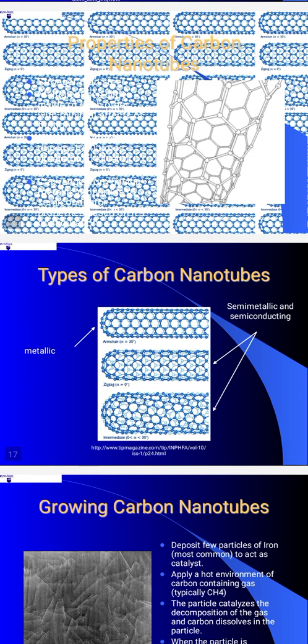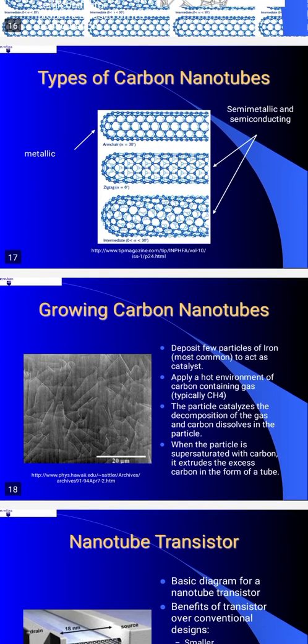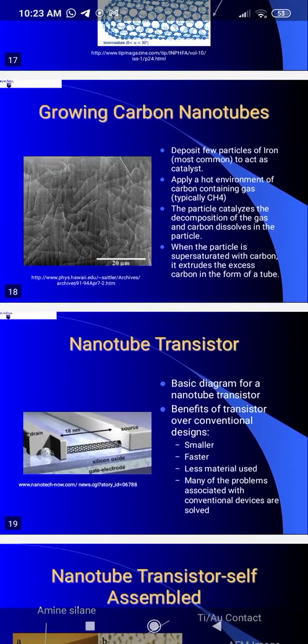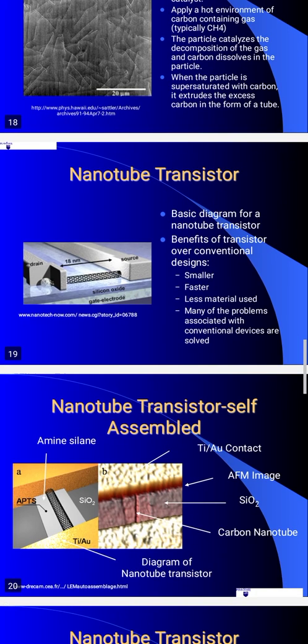properties of carbon nanotubes I will take separately. Carbon nanotubes are made of a carbon sheet, a graphene sheet rolled, and depending on the rolling direction you can have different types of carbon nanotubes like armchair, zigzag, and chiral. I will teach you about carbon nanotubes in the next class. Okay, so the growing technique is shown here. Nanotube transistor you can see here. These are all applications. You just need to mention them, and you have to say just one or two sentences about each application. Carbon nanotubes and their applications I will teach you in the next class.